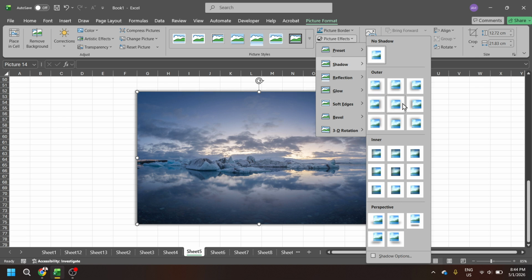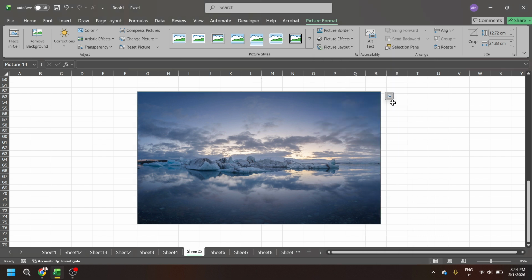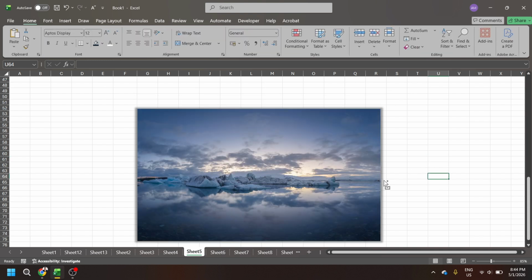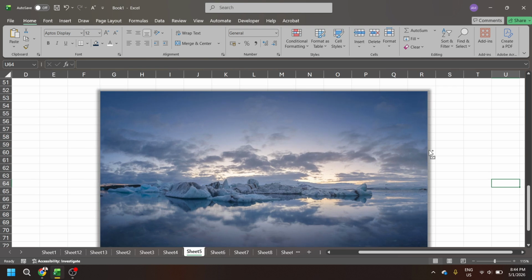Hover your mouse over each option to preview it instantly on your picture, then click the one that matches your style. If you're working on a report or dashboard, an outer shadow with low intensity is usually a safe, professional choice. If you want more control after choosing a preset, open Shadow Options from the same menu to fine-tune settings